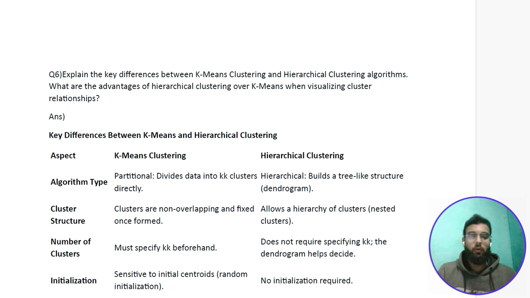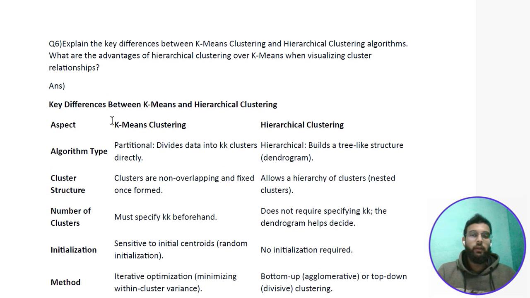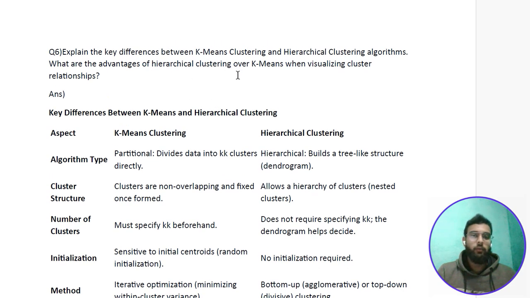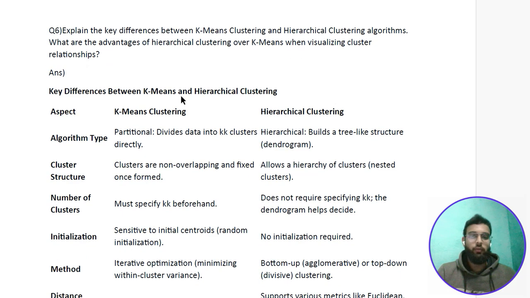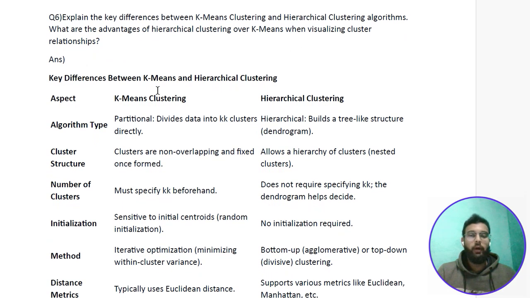Question 6 of the end semester of data science. The question is: explain the key differences between k-means clustering and hierarchical clustering algorithms. What are the advantages of hierarchical clustering over k-means when visualizing cluster relationships? So the answer for this is